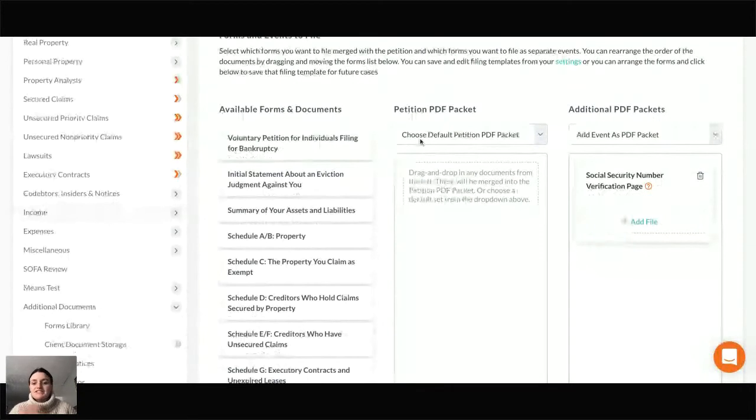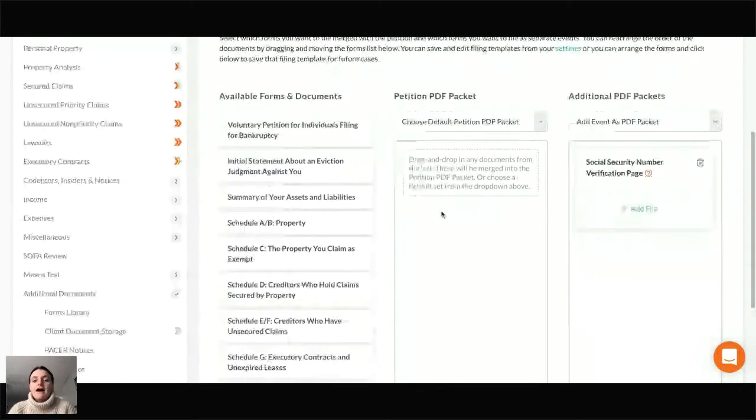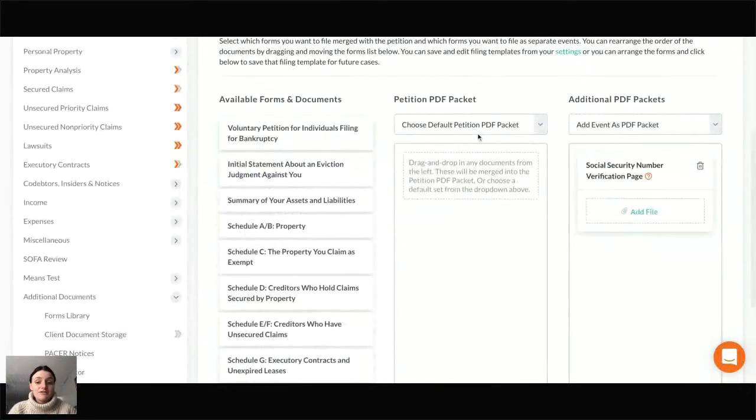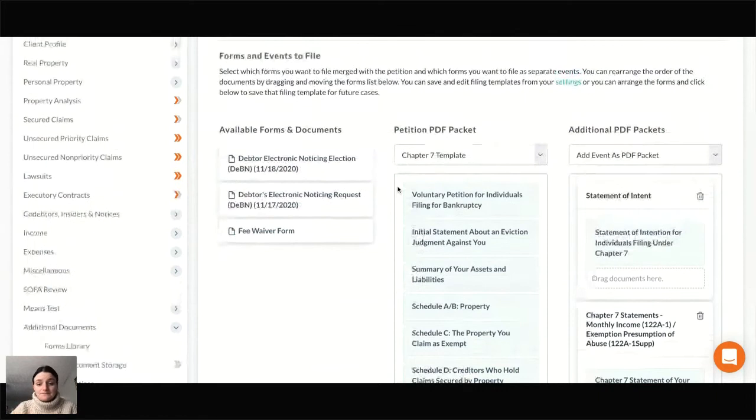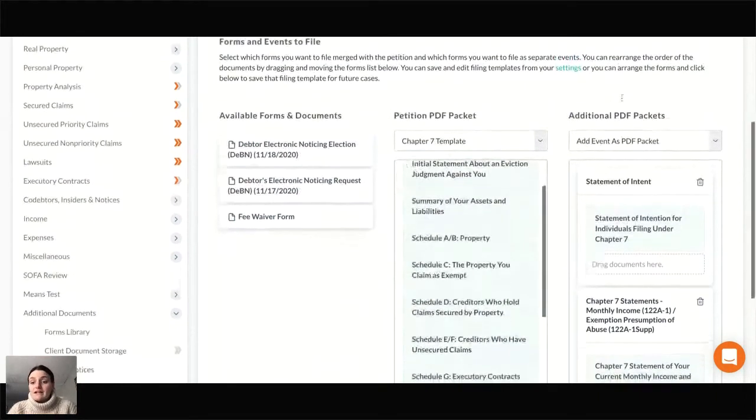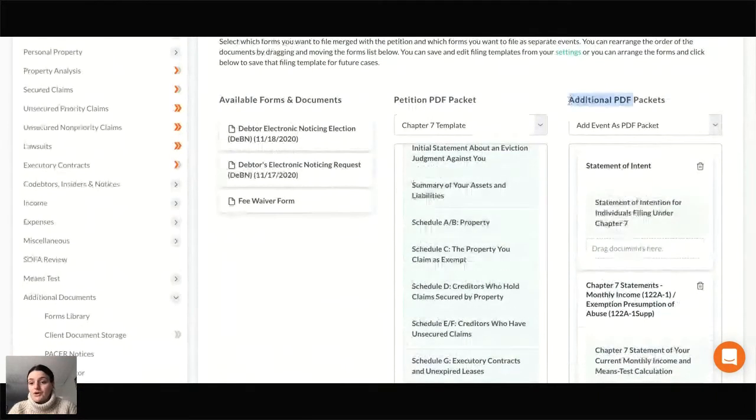So every district's a little bit different on how they file. So our system is set up so that it will pull in exactly the forms and documents necessary, and then in the order and stuff. So you would just go in, let's do the Chapter 7. So then it's going to pull over all of the forms that we need. Over here, it's going to show the additional PDF packets. So essentially that's going to be your statement of social security number,